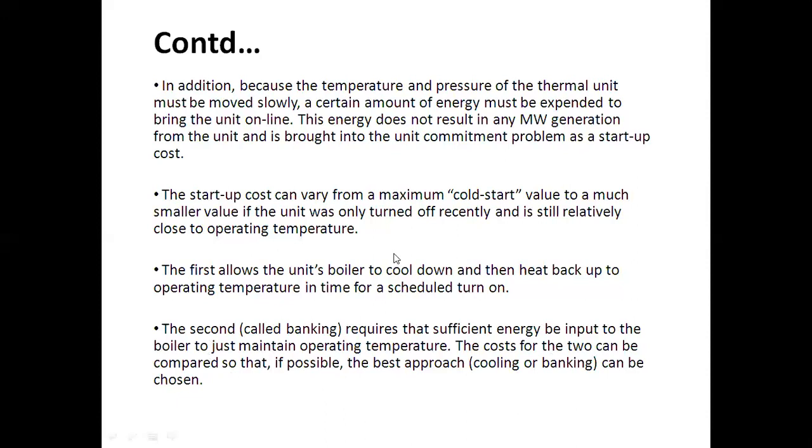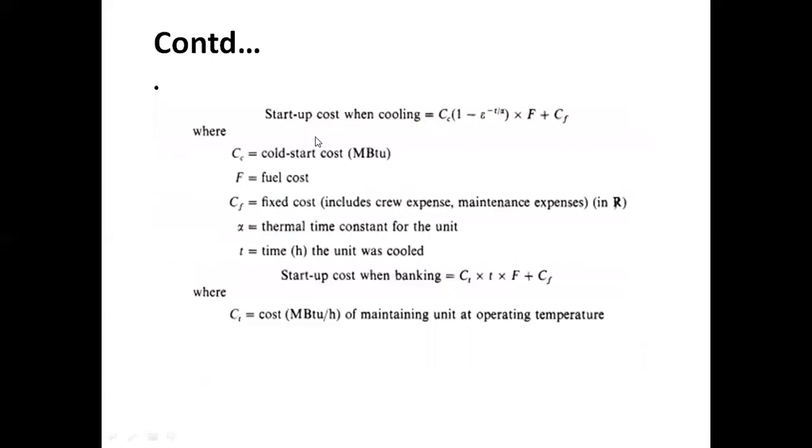The first one allows the unit's boilers to cool down and then heat back up to the operating temperature in time for a scheduled turn on. The second one, called banking, requires sufficient energy be input to the boiler to just maintain the operating temperature. So the startup cost when cooling is given as Cc into (1 minus e to the power minus t by alpha) into F plus Cf, where